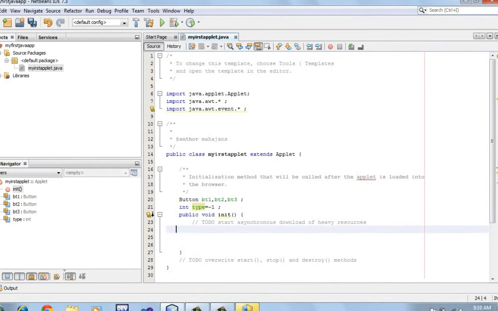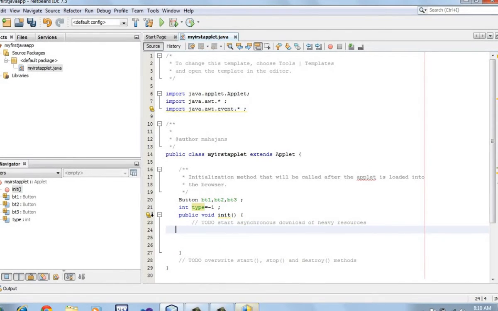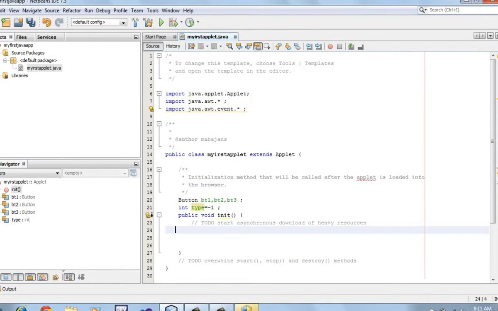See, this tutorial is meant for the students who already know about Java applets. We are just going to have a glimpse at what the steps are to write a Java applet program in NetBeans and how to execute it. I'm not going to explain each and every step that I'm going to do, because I am already assuming that you know how to write Java applets. So it's going to be,